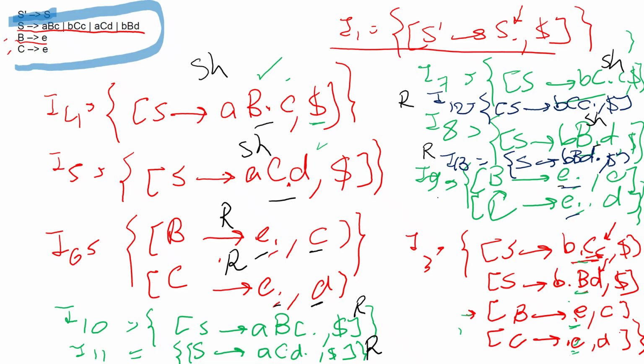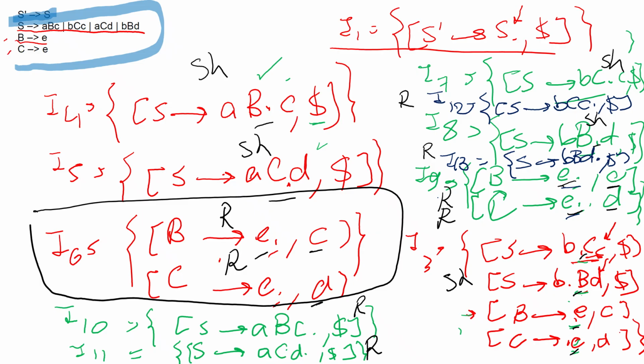For 9 in fact we have two reduces, but there is no conflict, because after the comma, the lookahead symbols are C and D, so they are different. It means no issue, so the conflict is solved. In I3 again, we have the dot in the beginning in these two components and in the middle also, which means shift. So if we take what we have now, we don't have any conflict in the current states, but we found I6